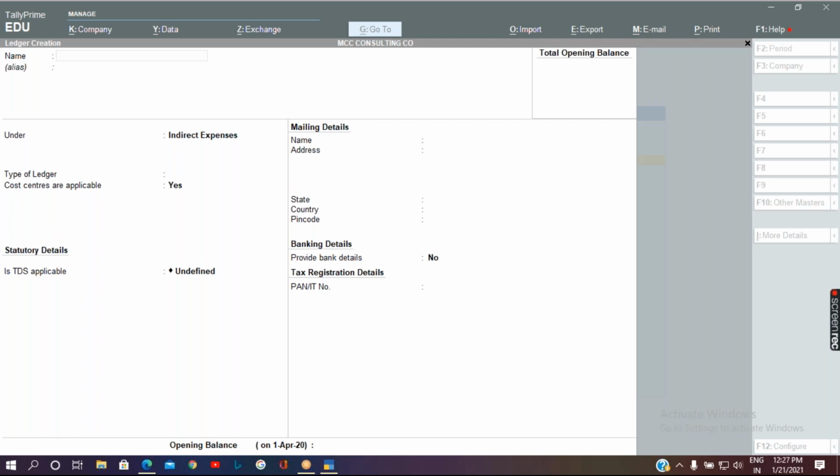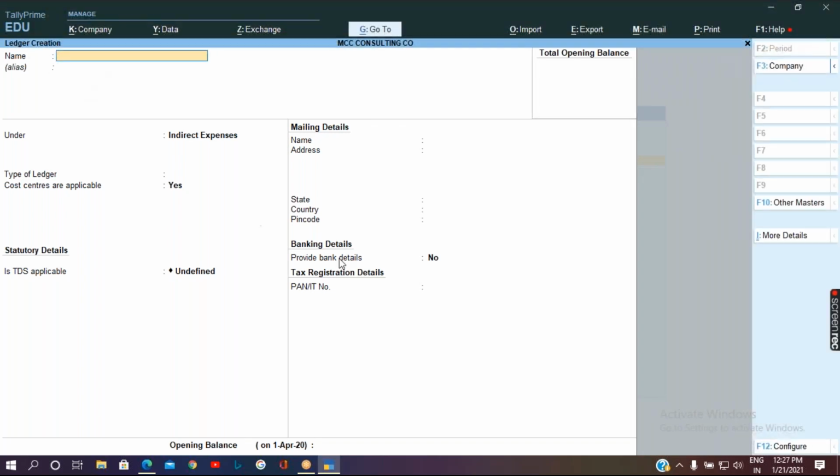So we have finished with TDS nature of payments. So the next part is we are going to create with the party. So let me take it.